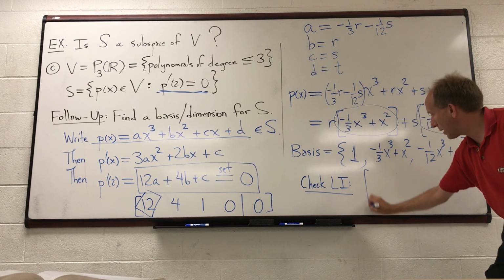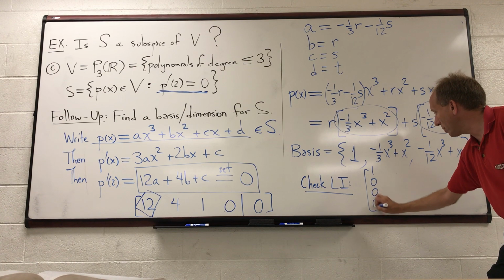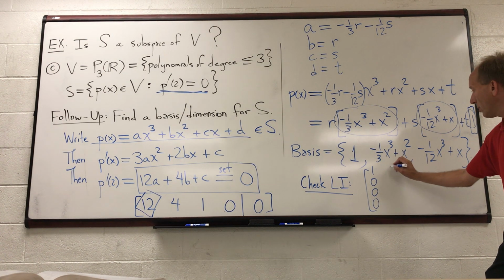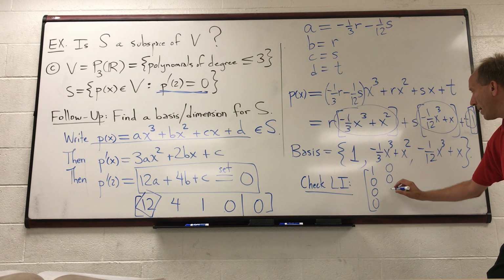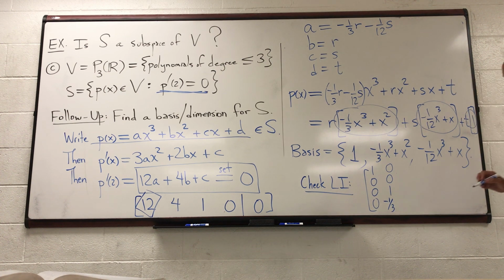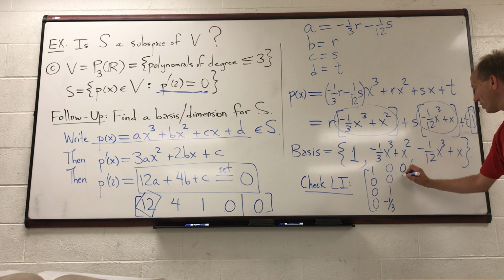Okay, but if I want to check LI, that first polynomial has a constant term and no other powers of x, right? The second one has no constant term, no x term, 1 on x squared and negative 1/3 on x cubed. And the last one has no constant term, 1 on